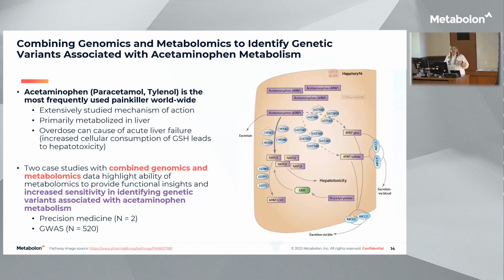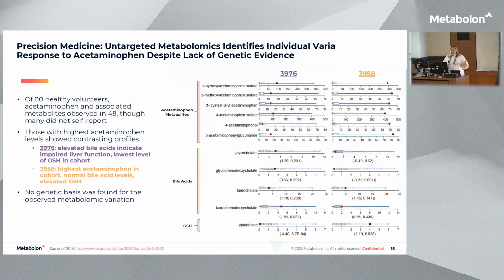Again, the mutations that lead to the inability to successfully catabolize or metabolize acetaminophen into less toxic forms, or just to clear it from the body, are pretty well known. One of the things that we did is we had a kind of precision medicine aspect of this. A lot of science that we do is discovery based, right? We take a big population of treatment and a big population of controls. We compare the two, we find out what's statistically